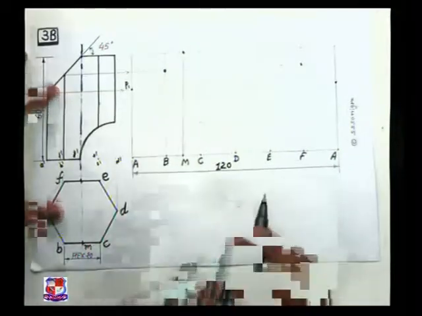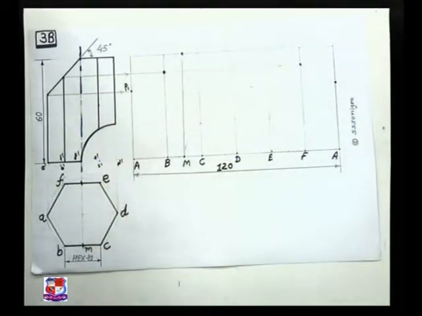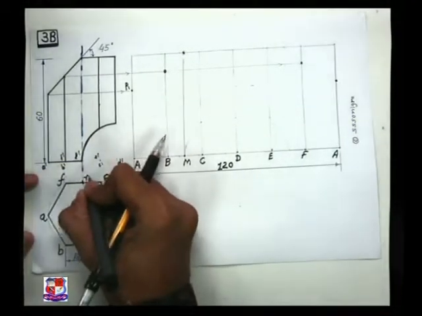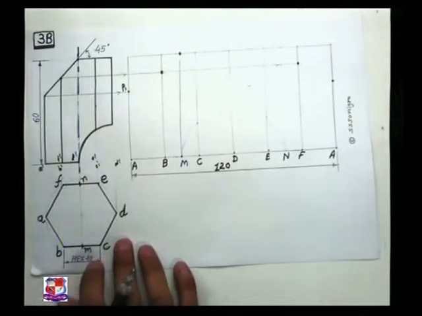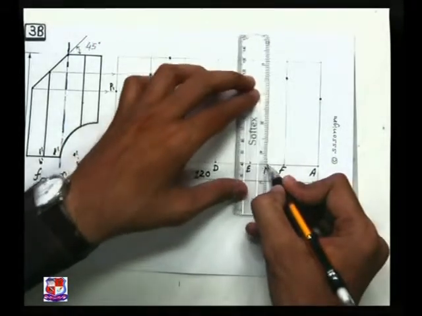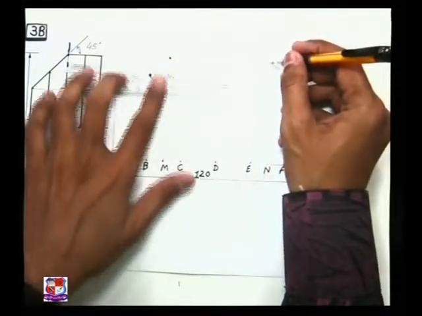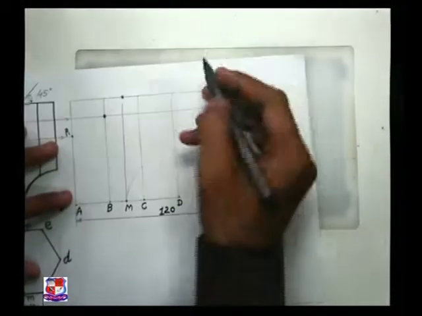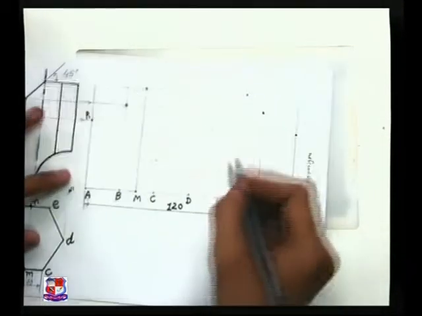Similarly, the midpoint of E and F is somewhere here. Name that point. So this is point N. So mark here point number N. You can name any point, N, M, N, P, Q, R, whatever. And from that point draw a vertical line like this, and vertical line from point N and horizontal line from this point, both will cut at one point, and that point is somewhere here. So mark that point. This is the point.